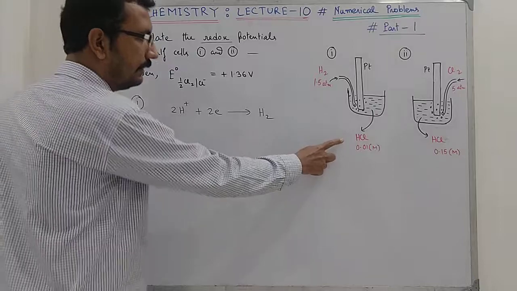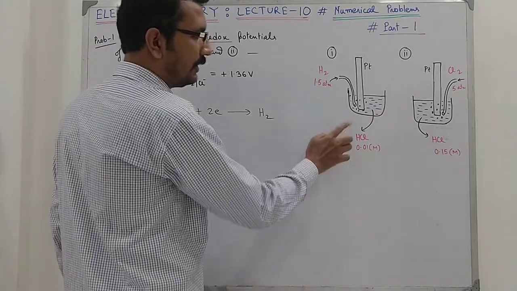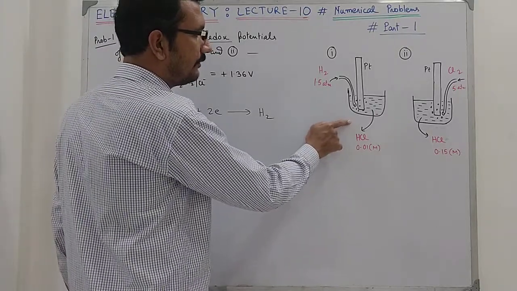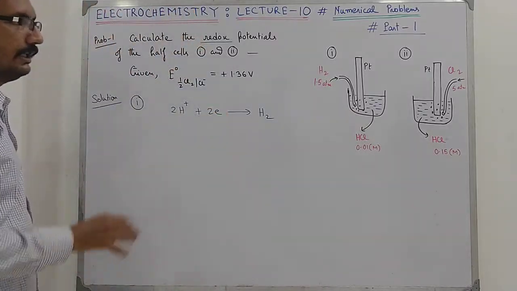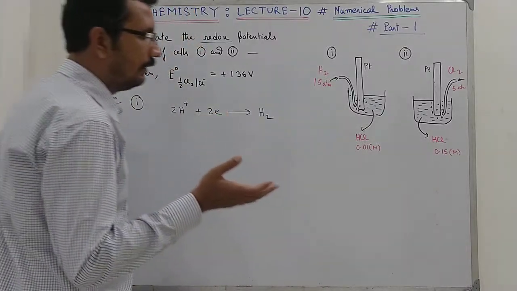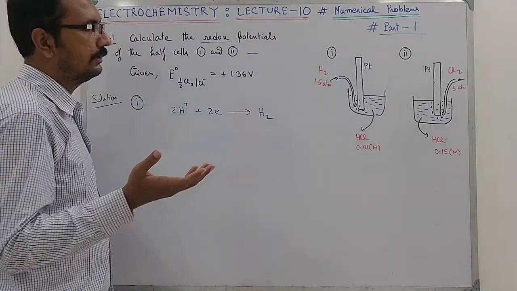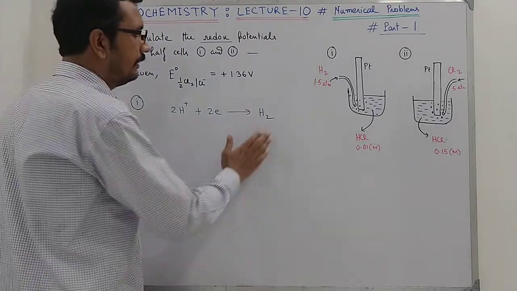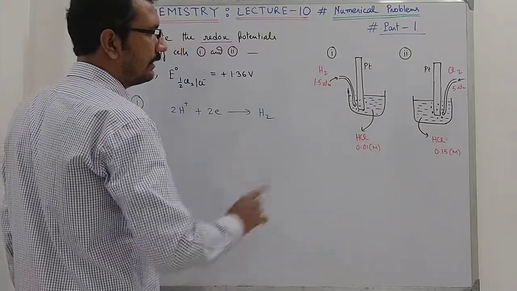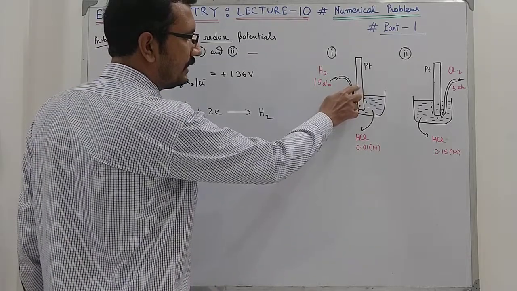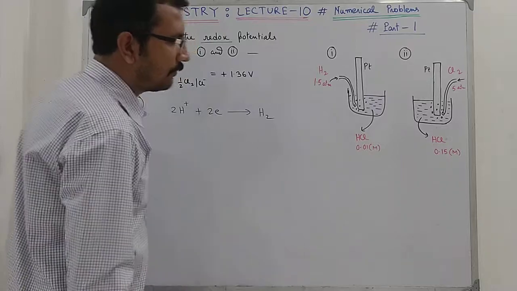So H plus from the solution will take up electrons and will convert to hydrogen. This is the reduction part, and if there is oxidation, in net there will be conversion of H2 to H plus. In that case H2 will leave the electrons and will come to the solution